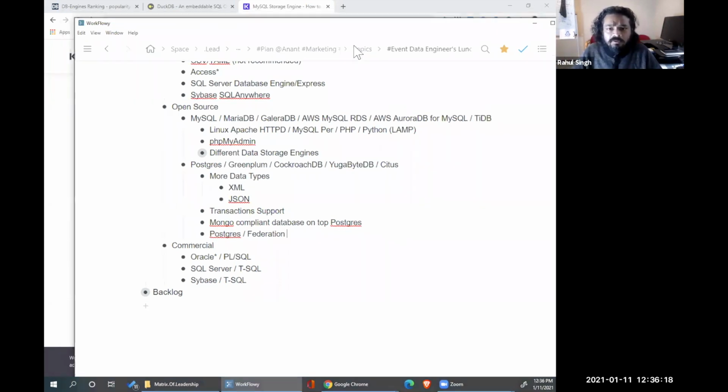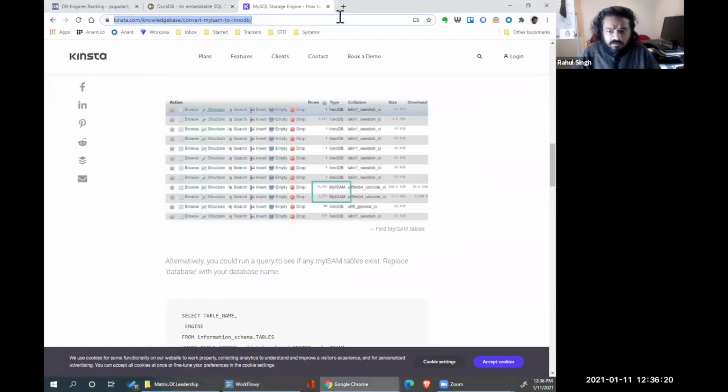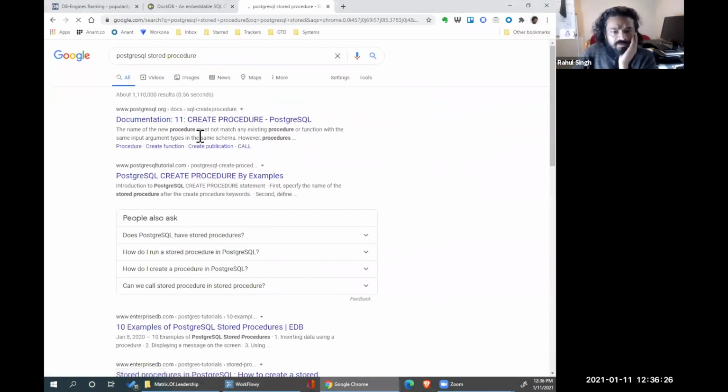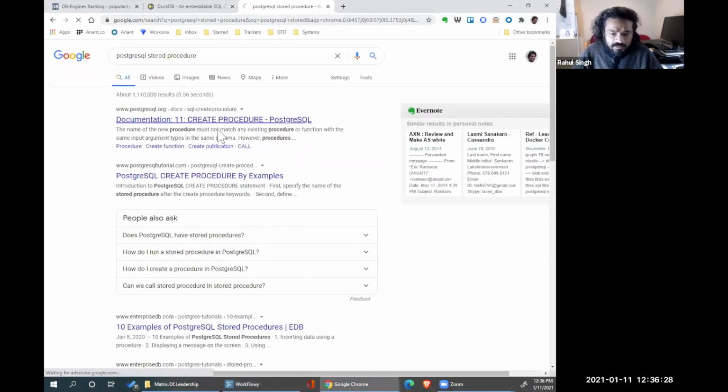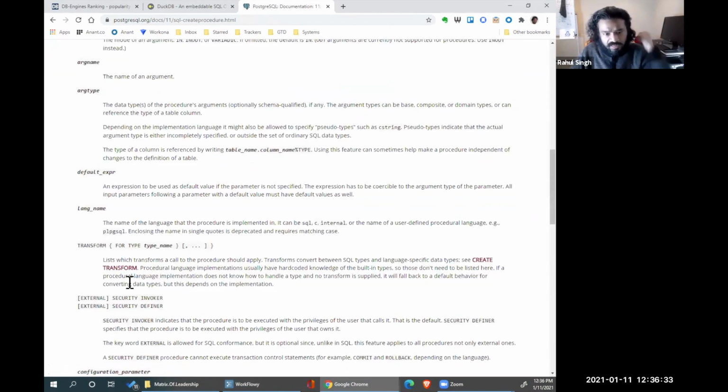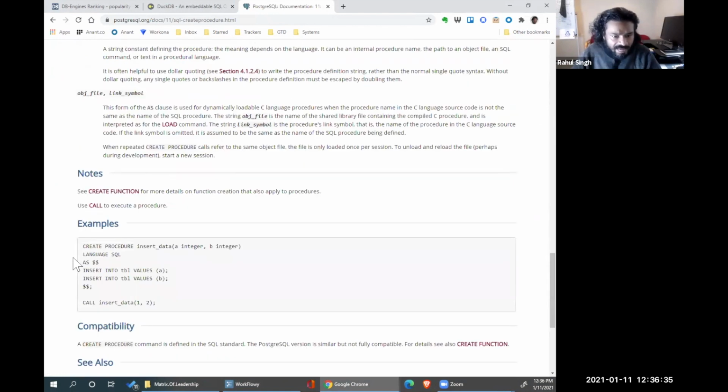I believe Postgres also has a concept of stored procedures, where, similar to SQL Server, you can essentially have inputs and outputs coming in, and you can do SQL inside your procedure and execute SQL operations.